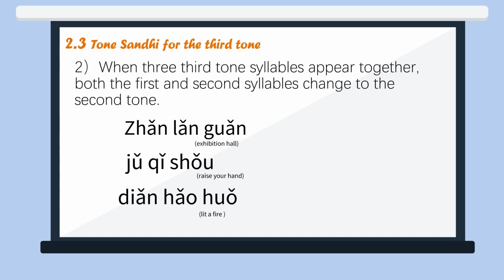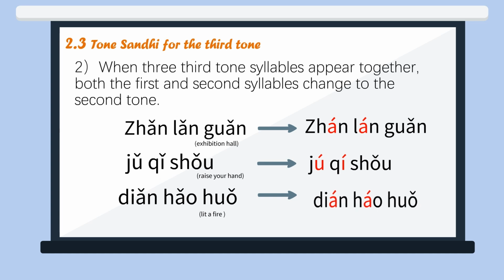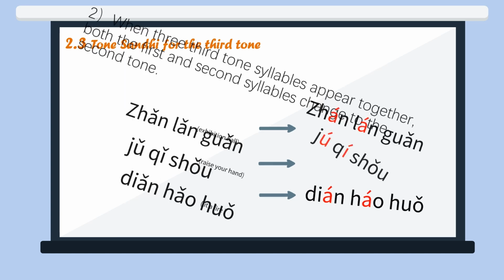No, it's wrong. So let's change the first 2 syllables to the 2nd tone and read it one more time. 展览馆, 展览馆。举起手，举起手。点好火，点好火。